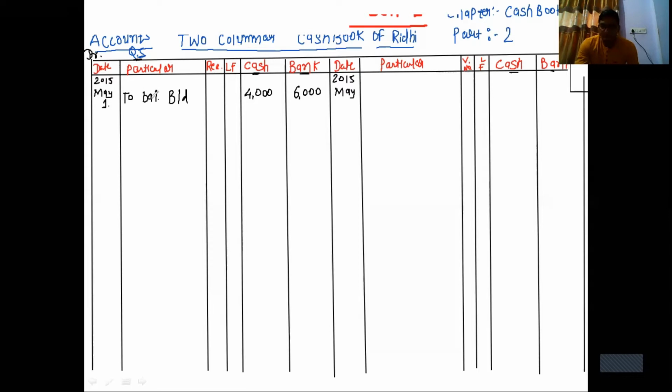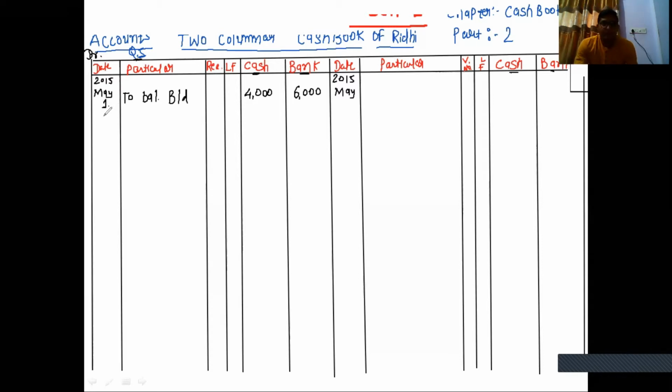Date 2, goods of 5,000 sold to Monica at 10% trade discount. Here we have sold the goods to Monica. Monica issued a check for the necessary amount, which is immediately deposited into the bank. Means we have sold the goods to Monica, Monica has given us a check, and that check we have deposited into the bank. Now this transaction is our income, so we have to write it on the debit side. It is our cash income, so we have to write it on the debit side.